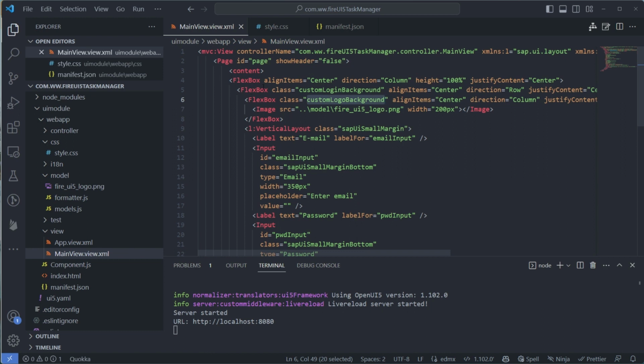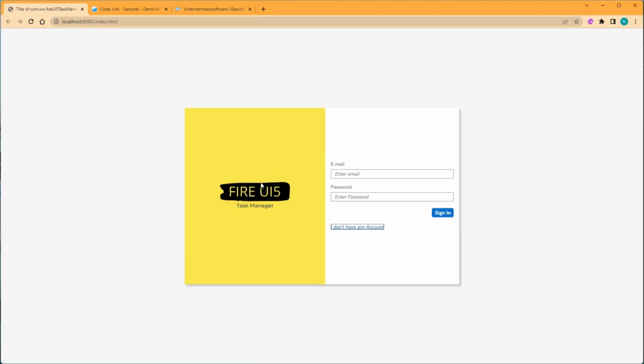and Flexbox is really great, and we have also used Flexbox to align our controls. Okay. Likewise, if I go to the output, I know I don't have an account, so I need to